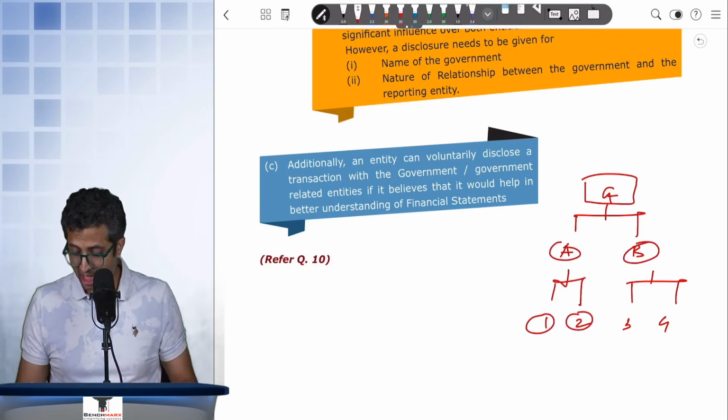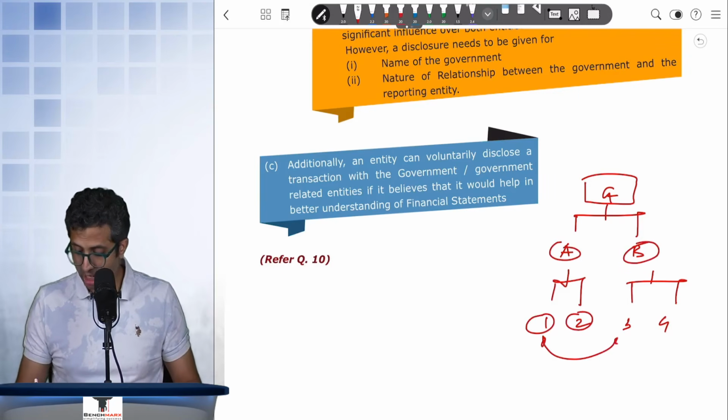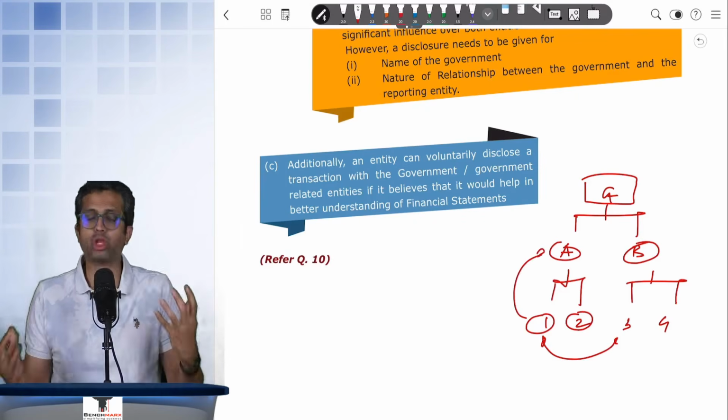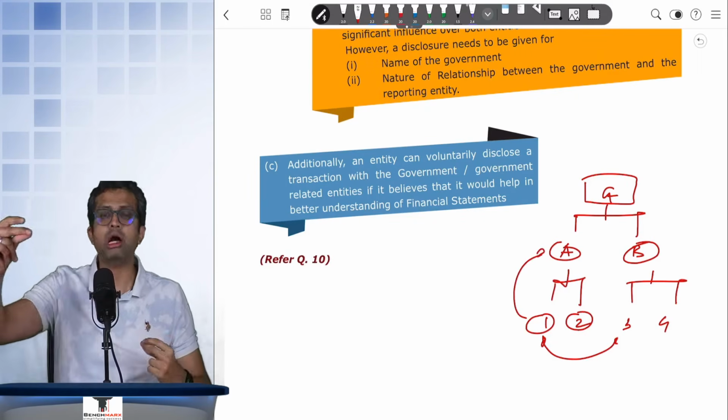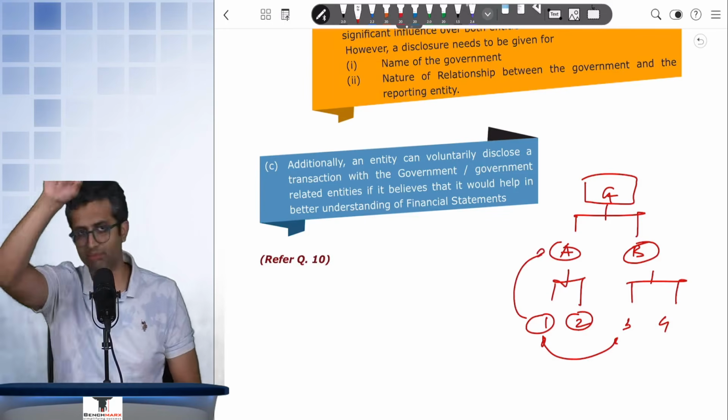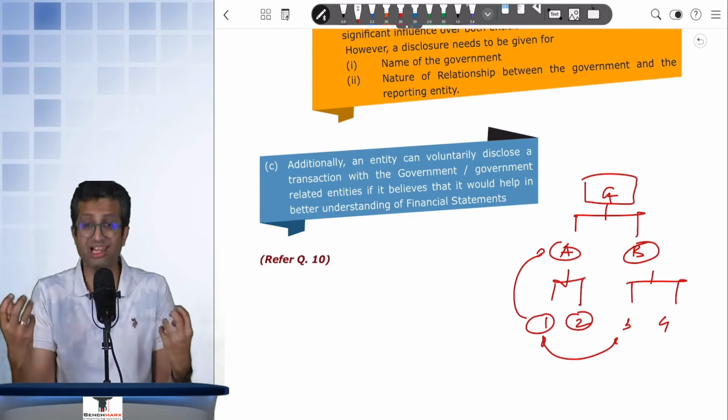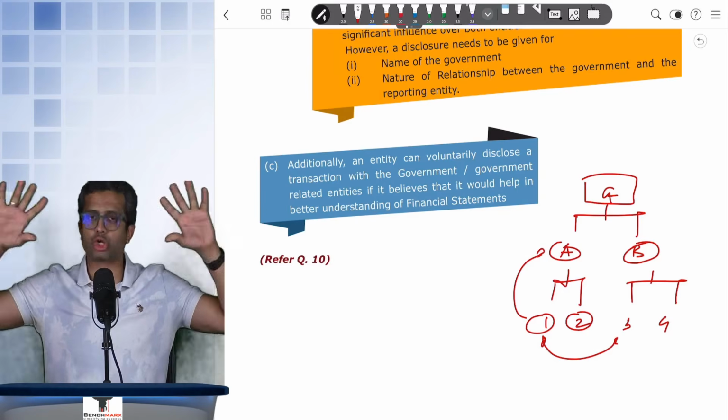Now one can say that the relationship between 1 and 3 or 1 and A, all of these are related. One can say that 1 is a subsidiary of A, but who would have given the direction to make A a subsidiary? Maybe the government. And as a result, they are related to each other because they are ultimately controlled, jointly controlled